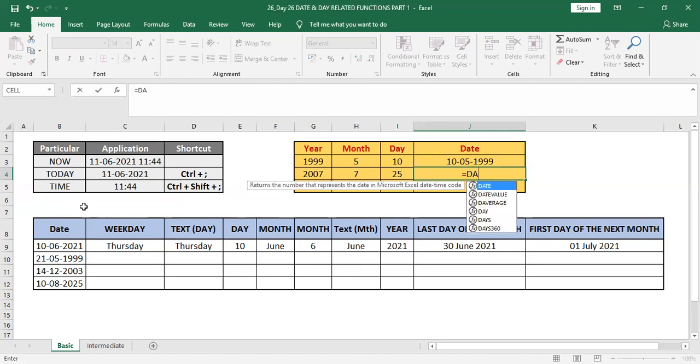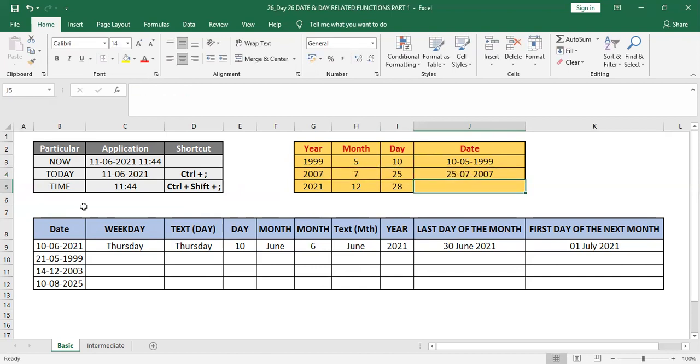We can see DATE here, tab, year is 2007, the month is 7, and the day is 25. You can just complete the bracket, enter, and you get 25th 7th 2007. The same goes here: DATE, tab, 21, 12, and 28. Complete the bracket, enter.